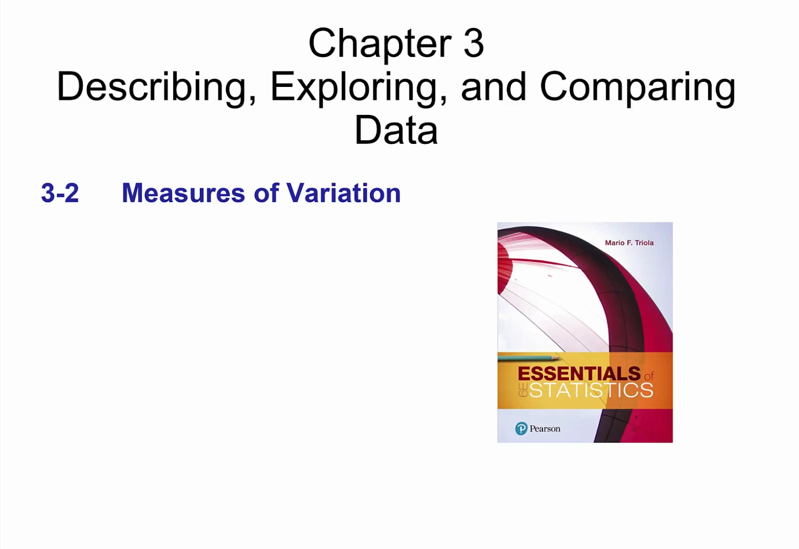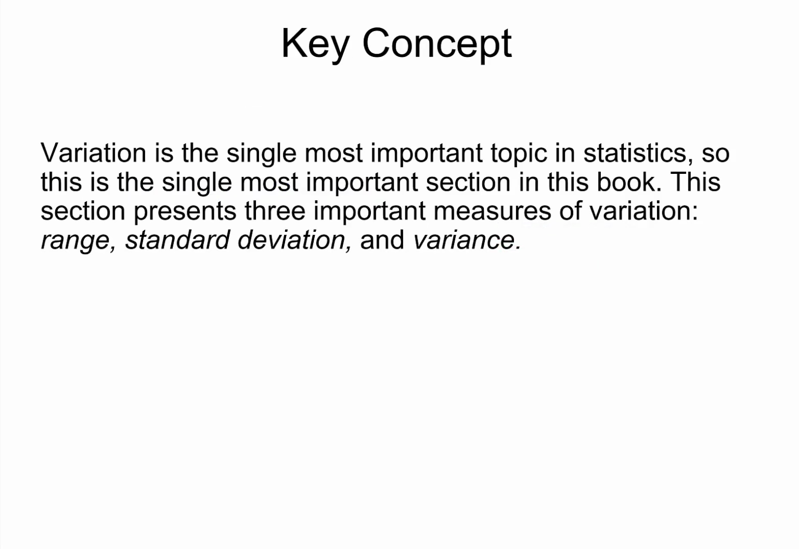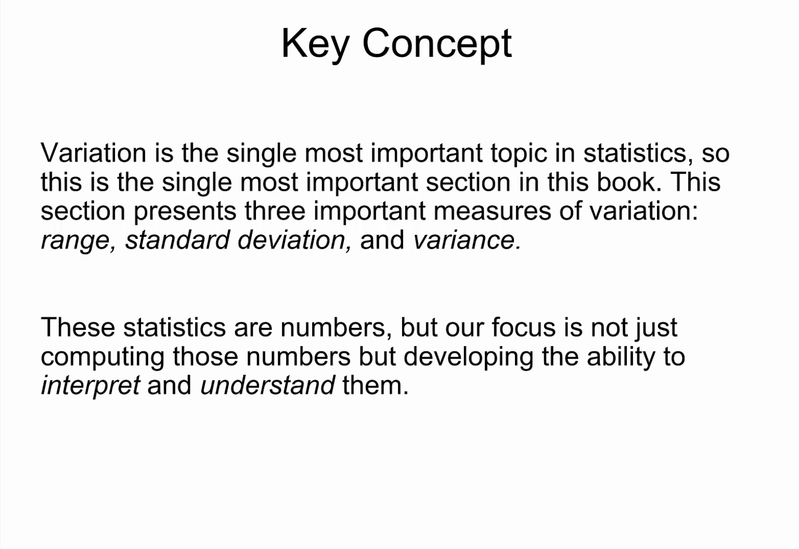Section 3.2, Measures of Variation. Variation is the single most important topic in statistics, so this is the single most important section in the book. This section presents three measures of variation: range, standard deviation, and variance. These statistics are numbers, but our focus is not just on computing, but on developing the ability to interpret and